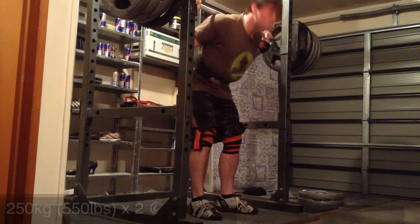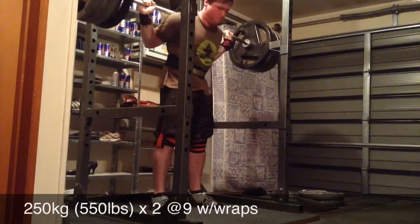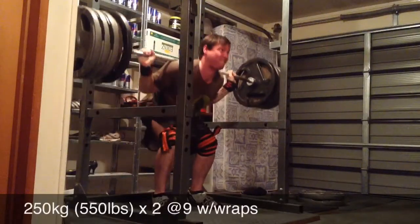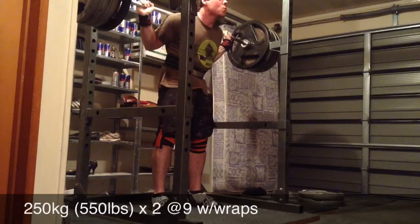So today on the agenda, you can see here the first exercise was racked squats, doubles, and was meant to be a 9 RPE. This one I pretty much got the RPE bang on. You can see the first reps are a little higher, I struggled to get to that depth in the reps, and pretty much